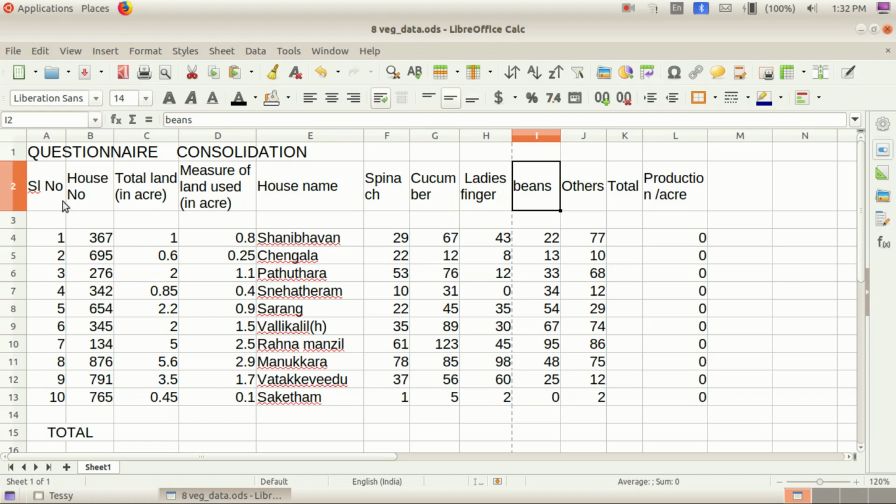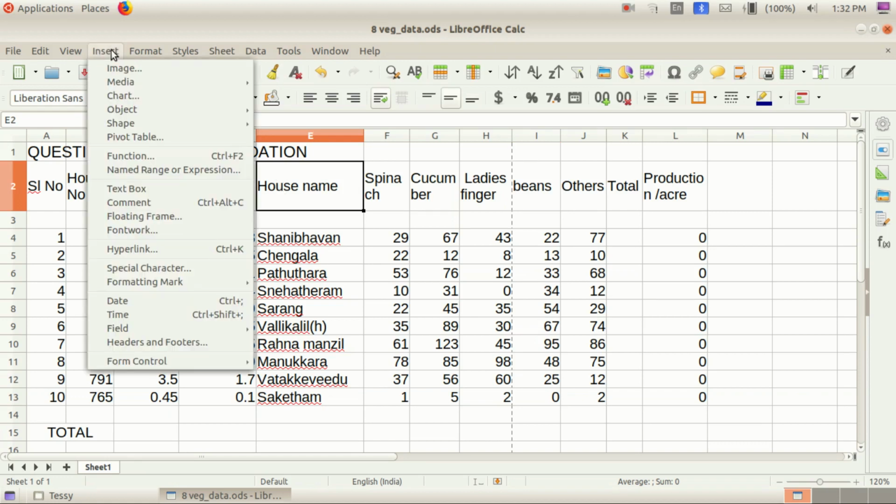is given here. If we need to add any more, we need to add a column. That is your first activity, children. We need to add one more column here. For that, what we want to do, children? We need to click on any of the columns, that means in your house name. After that, what we need, select columns from the insert menu. That is said here, insert columns. Where is column? Do you see now?